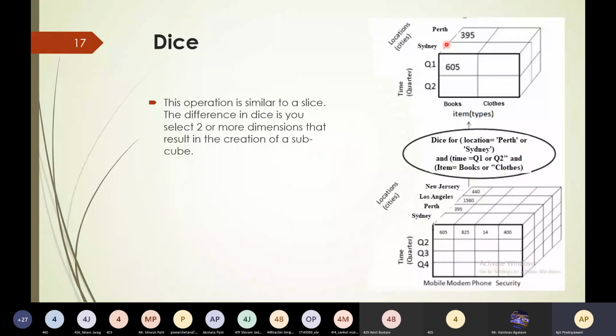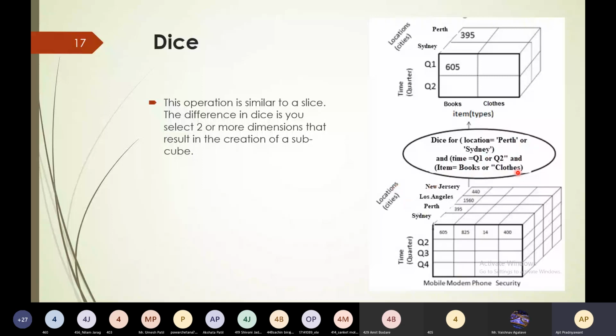So look at this cube. This is our cube, which has the time. These are the items, and these are the locations. And we are performing the dice operation for location equal to Perth or Sydney, time quarter Q1, Q2, and items book and cloth.